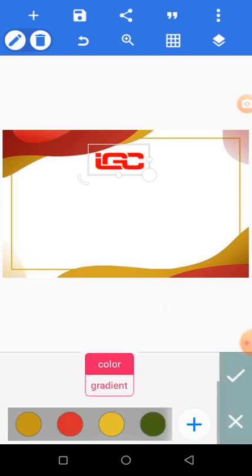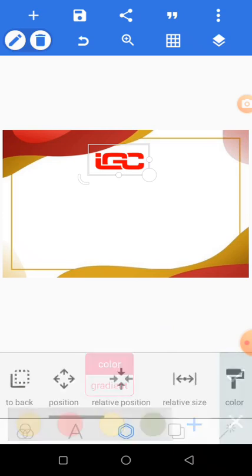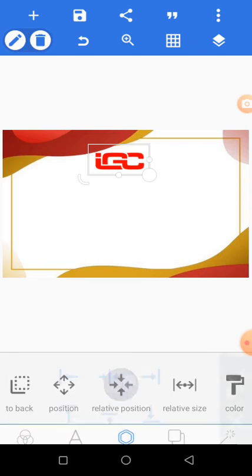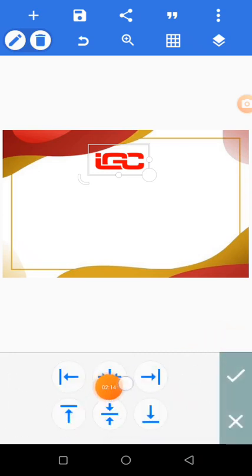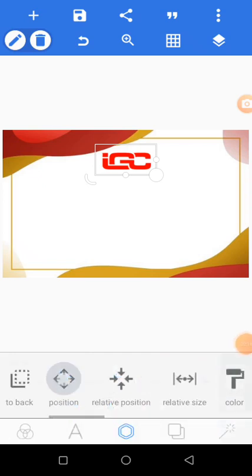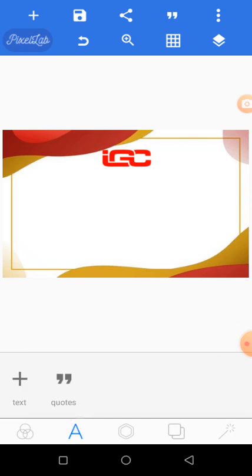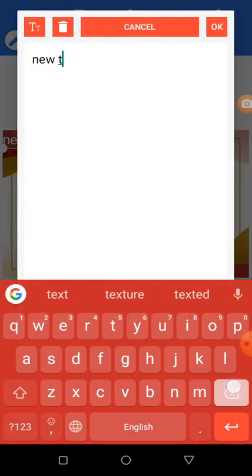Yes, now this is the color we want to use. Click the mark button, then change the relative position. Click this part to be at the center. Mark and then position it up a little bit. Good. The next thing now is that we will be adding a text, which is